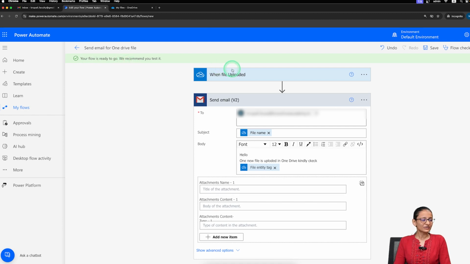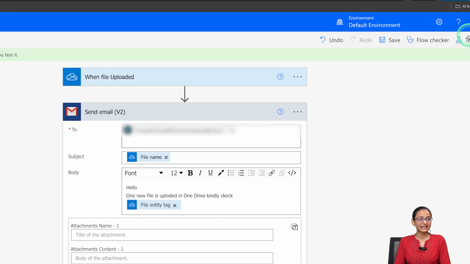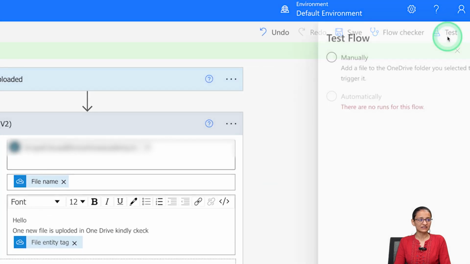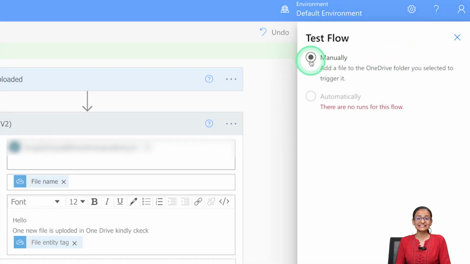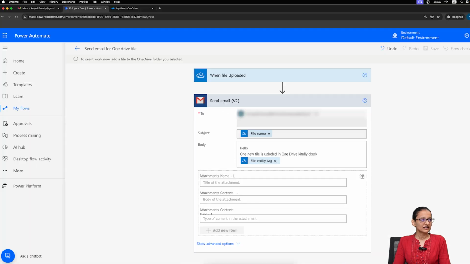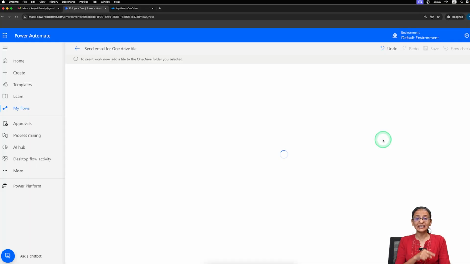Okay, so let me just run the flow by clicking on test. Once you click on test, they will ask you whether you want to test manually or automatically. Since we have created our first flow, the first time we need to test it manually. So select that and click on test. So within a fraction of a second, a flow execution will start, and it will wait until someone uploads a file